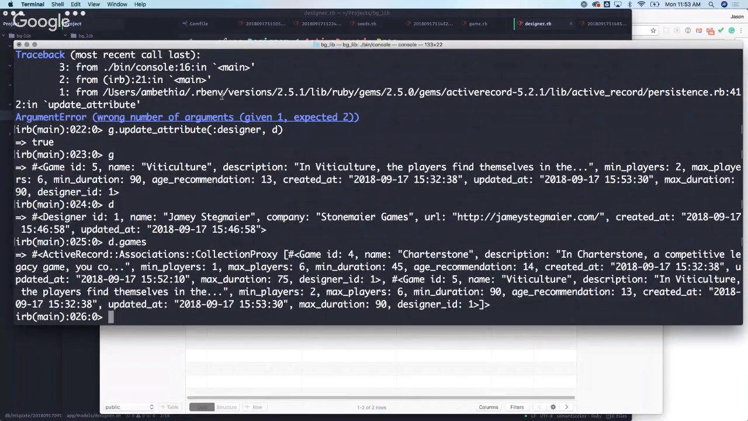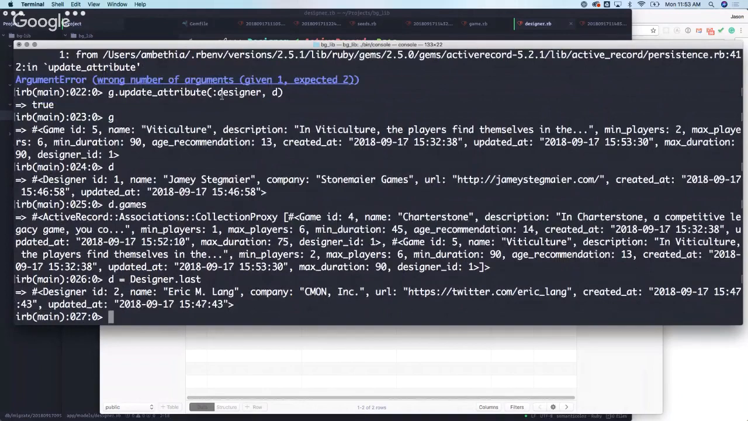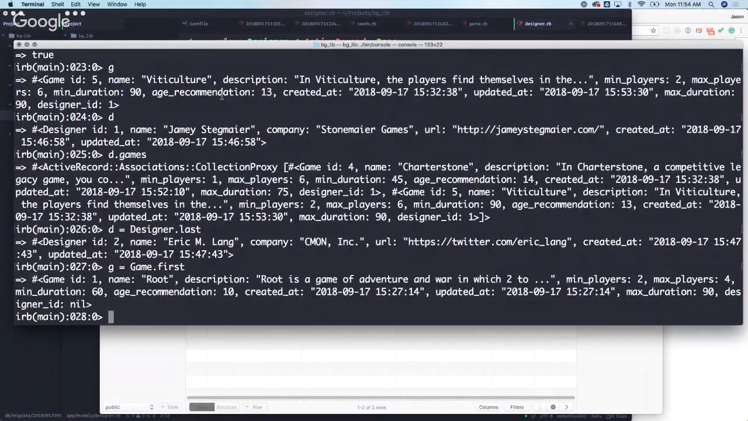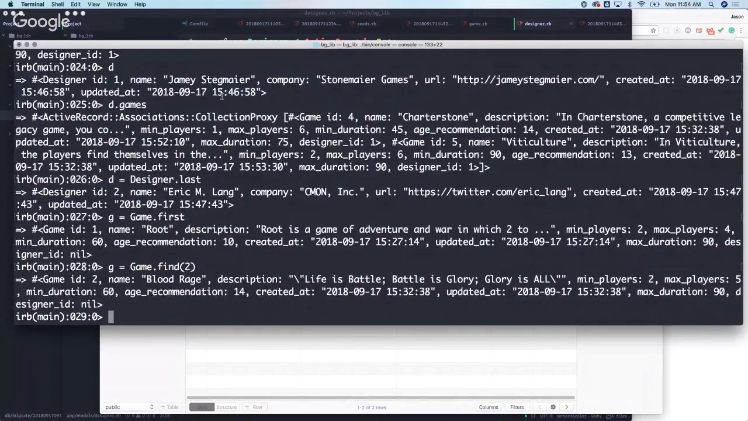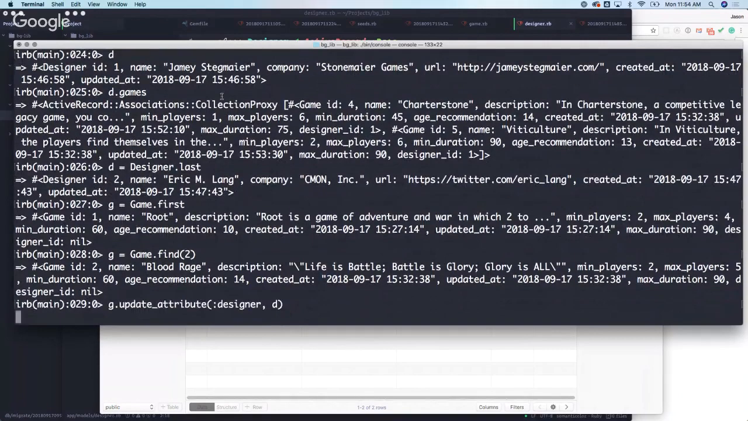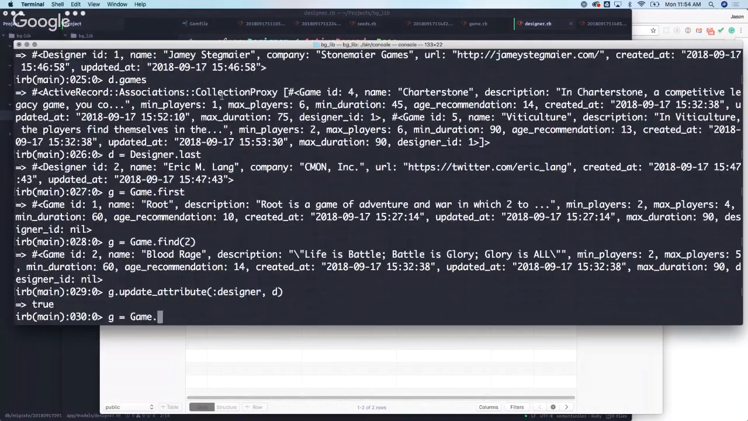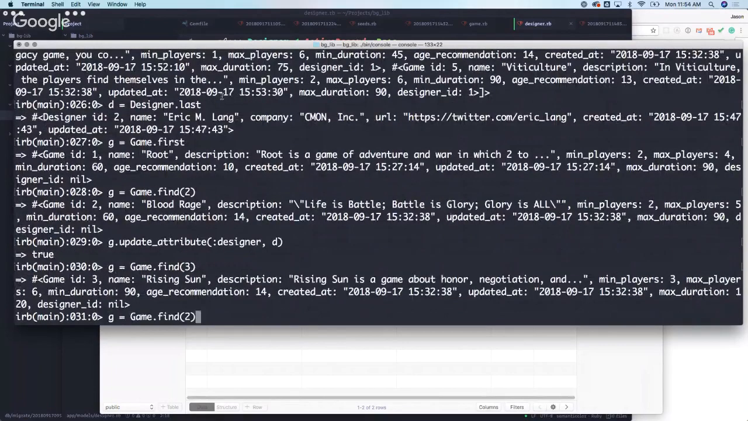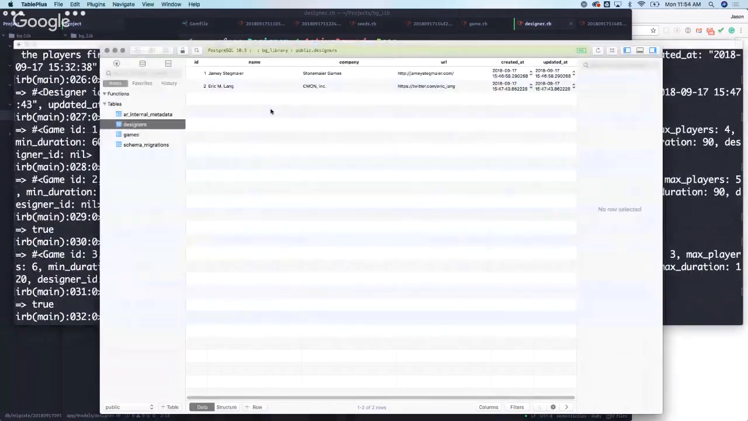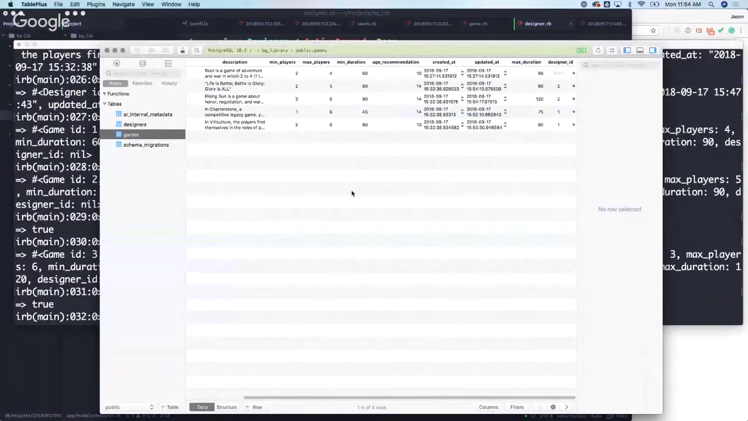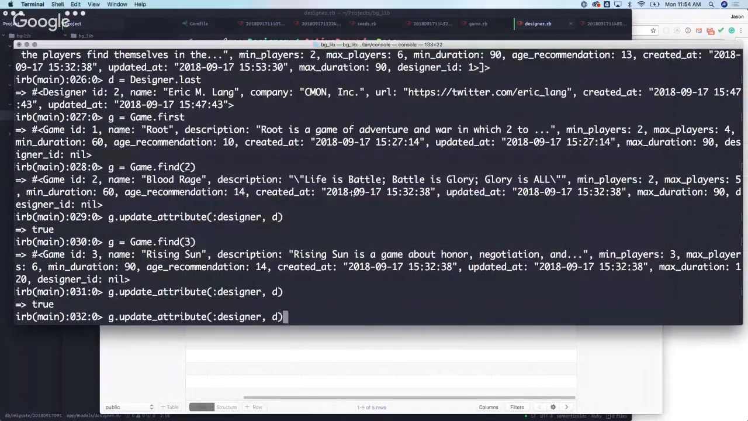So let's assign last. Let's get Eric Lang. Got Eric Lang now in our D variable. So G is game dot first, nope, I don't want that. How about find 2? And G is game dot find 3. Cool. So now in our database of games, we have the designer IDs for both of those games, right? So Eric Lang